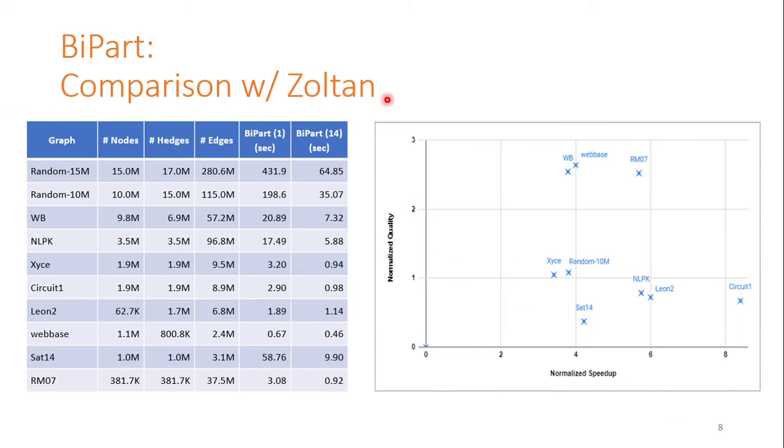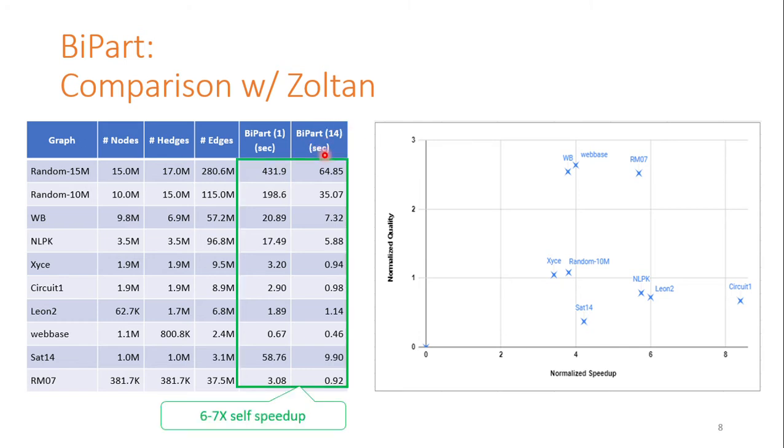On the left is the table showing graph statistics and the runtime from ByPart. We show the number of nodes in a graph, the number of hyperedges in a graph, the number of edges in a graph in bipartite representation, and the runtime of ByPart using 1 thread in seconds. Also the runtime for ByPart using 14 threads in seconds. We see that ByPart consistently delivers 6 to 7 times self speedup